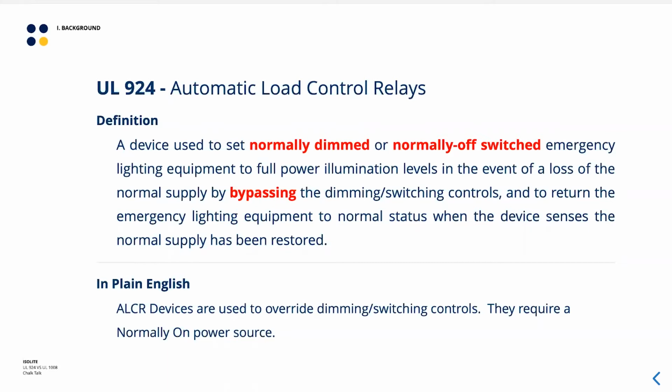I've also highlighted some things here that I think really make up the body and the critical distinction between these different types of devices. So an ALCR here is a device used to set normally dimmed or normally off switched emergency lighting equipment to full power illumination levels in the event of a loss of normal supply by bypassing the dimming or switching controls, and then to return the emergency lighting equipment to normal status when the device senses that the normal supply has been